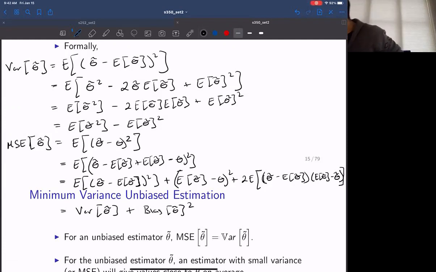And then the last part, we should be able to show this goes to 0. So this would be expected value of theta tilde times this minus 2 times this. Yeah. So we should be able to show that the last part here goes to 0. So the mean squared error of theta tilde is equal to the variance of theta tilde plus